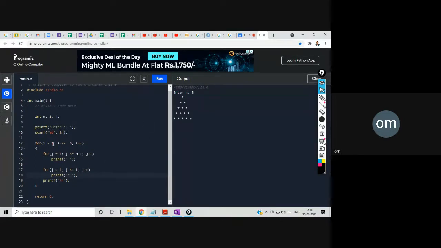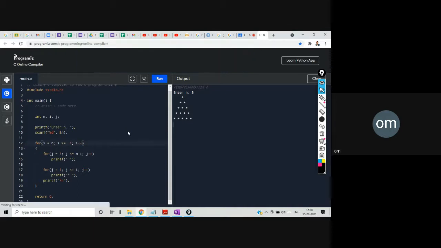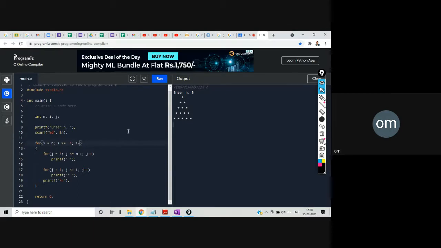If we just reverse it, that is from the fourth type, if we try to do it, I is equal to n, then I greater than equal to 1. So this is my fourth type. I minus minus, right? I minus minus. If we run this, with 5, we will get this inverse full triangle.